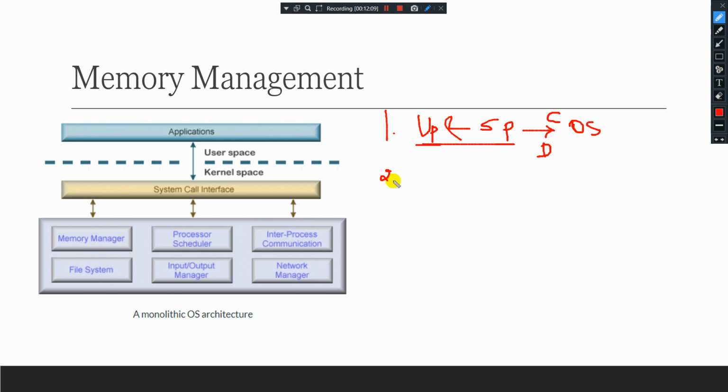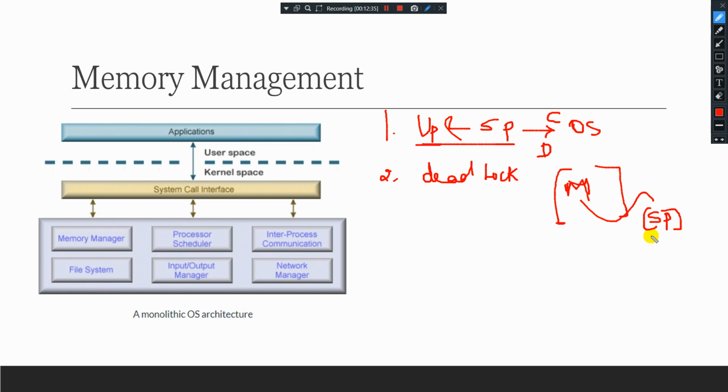Second one, it supports deadlock handling, so deadlock handling is also available in the operating system. What is deadlock? Say I am calling a main program, and this main program is calling a subprogram.